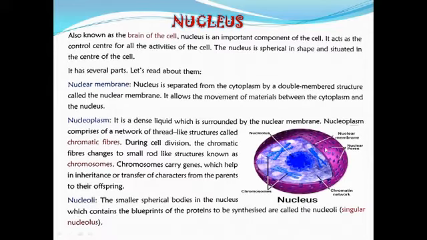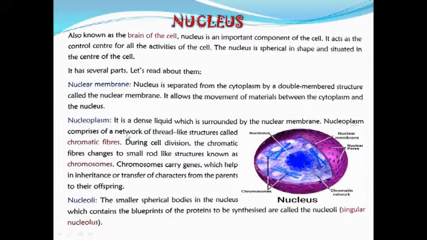It is spherical in shape, you can see here, and situated in the center of the cell. It has got certain parts. This is a three-dimensional picture. So here you can see this, the membrane. Since it is the membrane of the nucleus, we call it nuclear membrane. It is double, okay, outer membrane and inner membrane. Then inside this, it is filled, okay, with nucleoplasm. It is a dense liquid. We call it nucleoplasm. Nucleoplasm, it is a dense liquid which is surrounded by the nuclear membrane. So it is enclosed with the nuclear membrane.